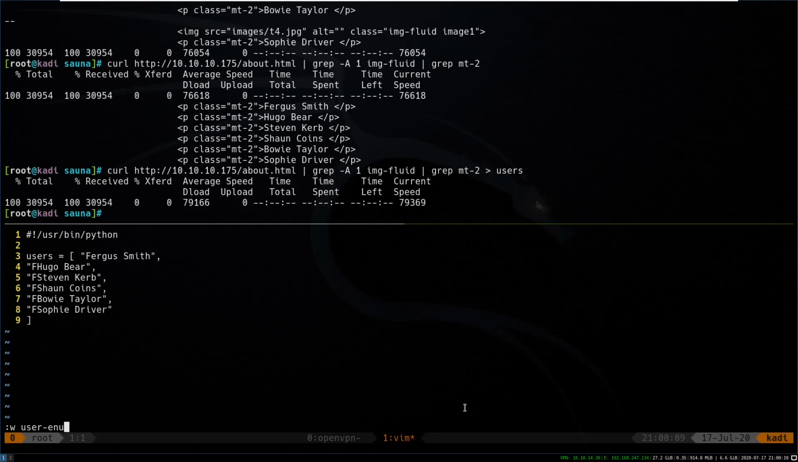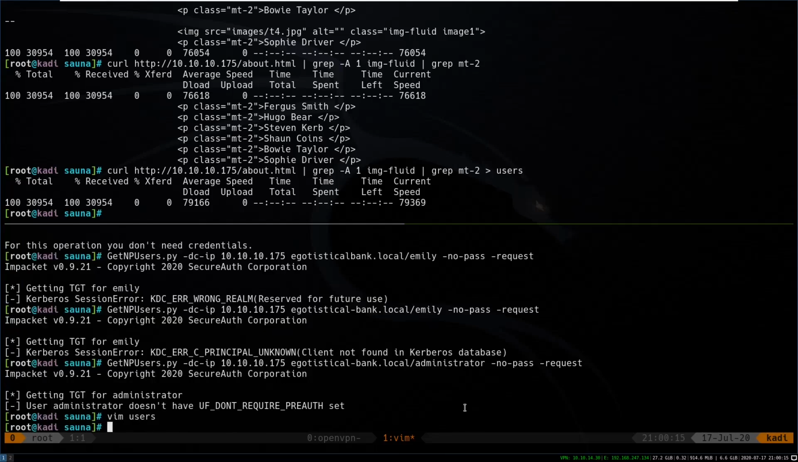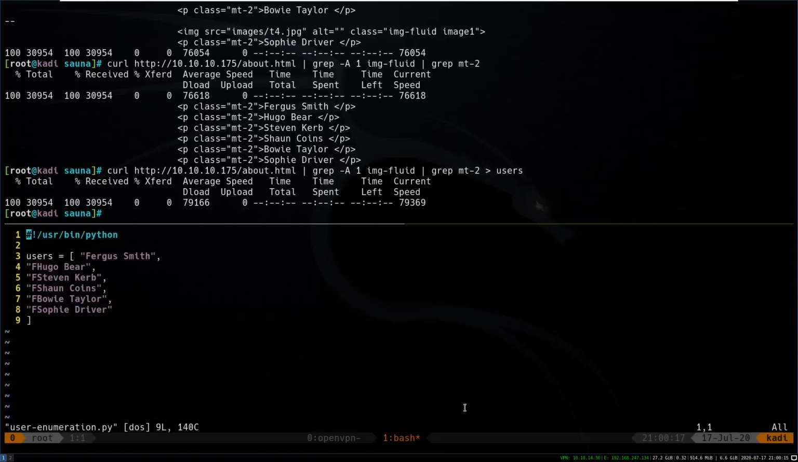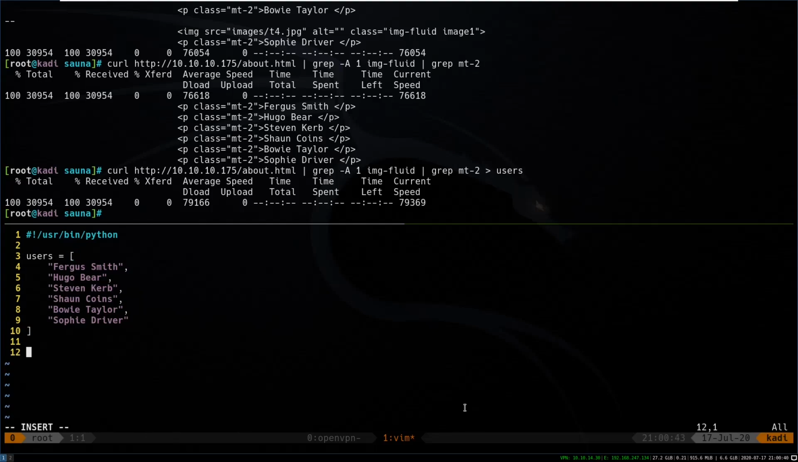And I'm going to call this user_enumeration.py. Okay, so now we have, oh, I put an F in the front of all of these by accident. Okay, so now we have our user list. This looks pretty terrible. There we go. This might look a little bit better. And so what we're going to do is try to create a list of possible users. So we'll say for i in users,